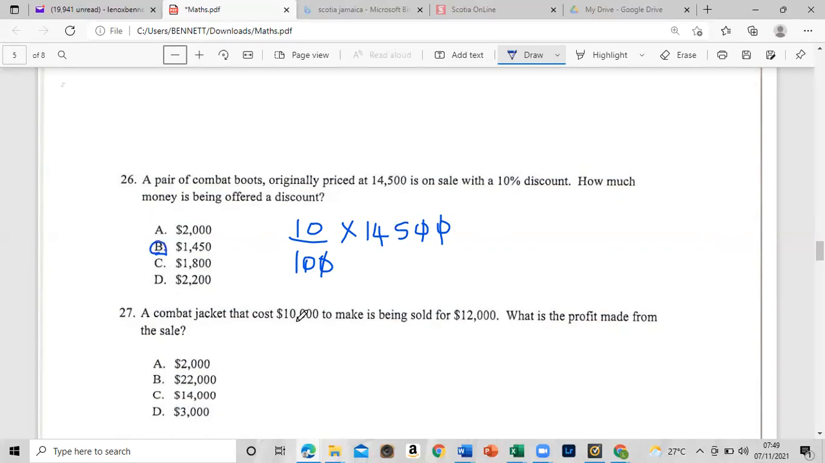A combat jacket that costs $10,000 to make is being sold for 12,000. What is the profit made from the sale? So the profit would be the selling price minus the cost price. You want to get fancy, so selling price minus cost price, that's what CP is. Anyway, we know it's 2,000, so it will be 12,000 minus